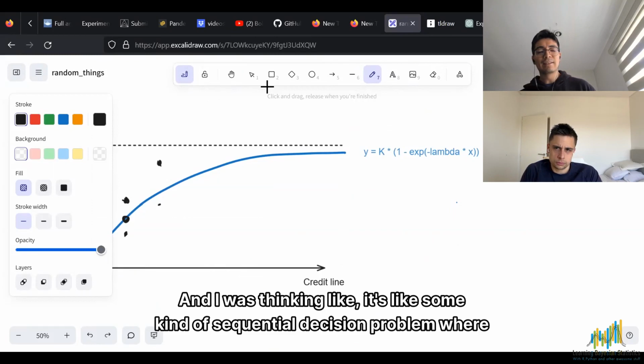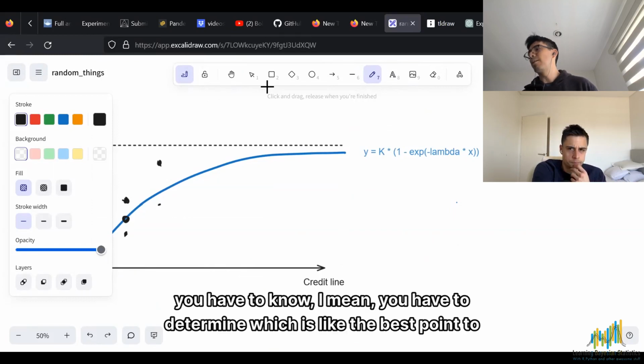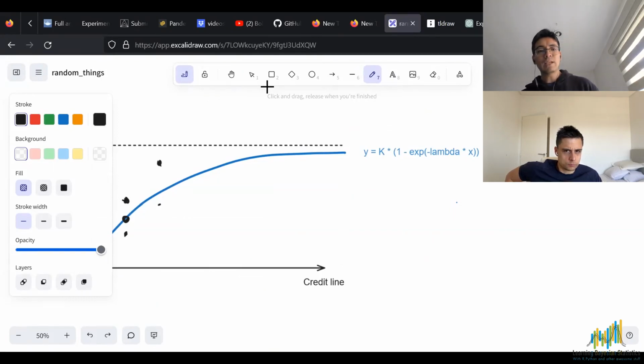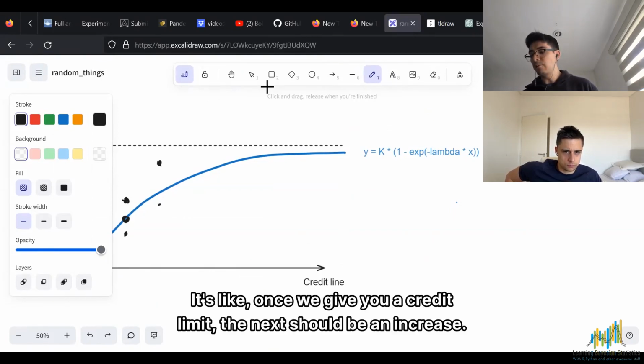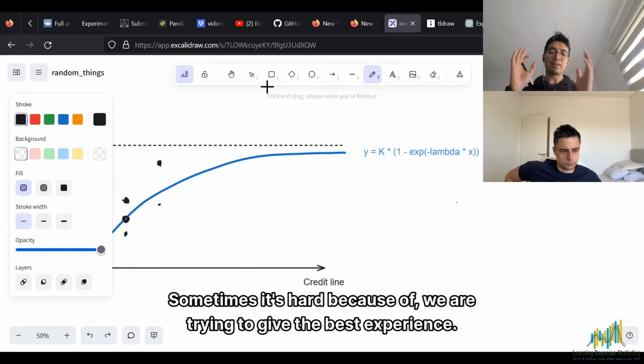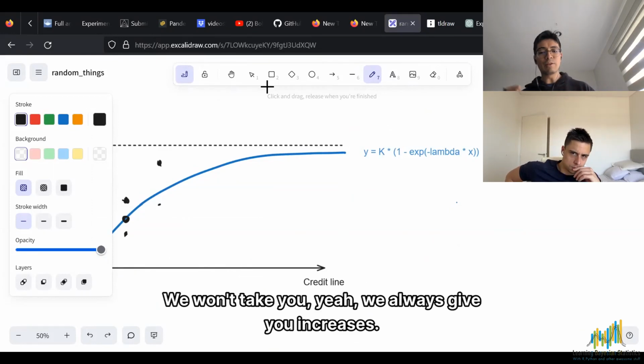I was thinking it's some kind of sequential decision problem, where you have to determine the best point to try next in order to find out the shape of this curve. And also there are constraints: once we give you a credit limit, the next one should be an increase. Sometimes it's hard because we're trying to give the best experience. We won't take you